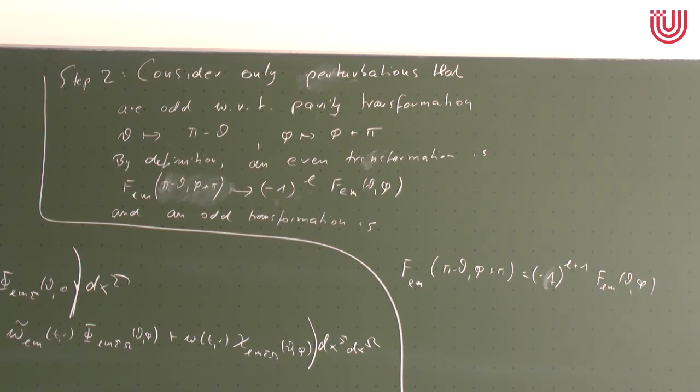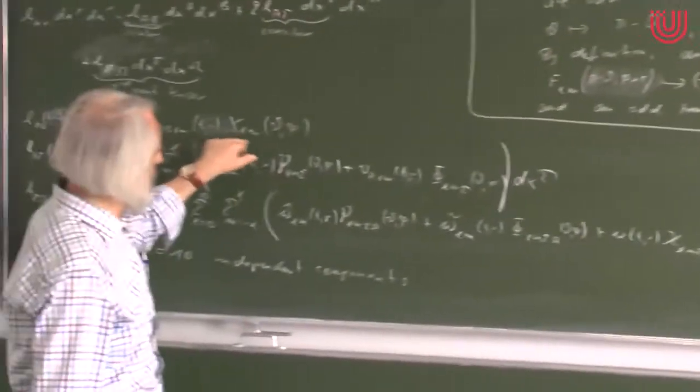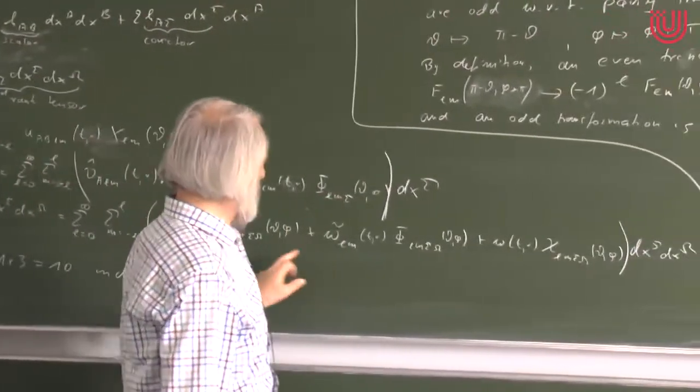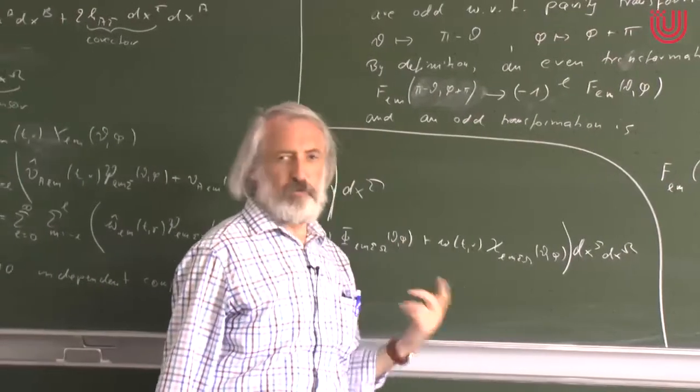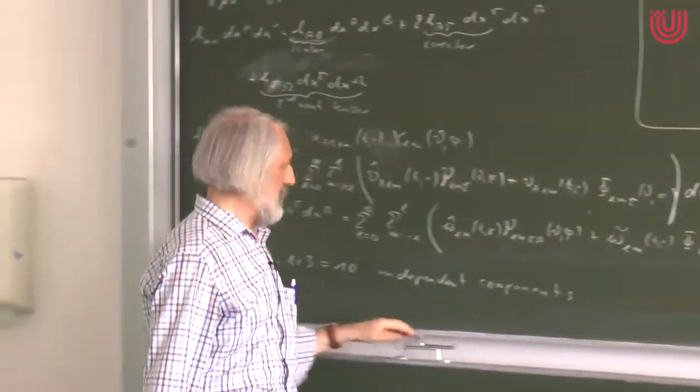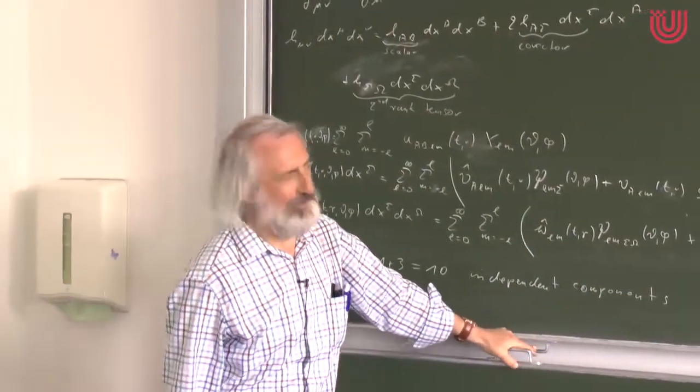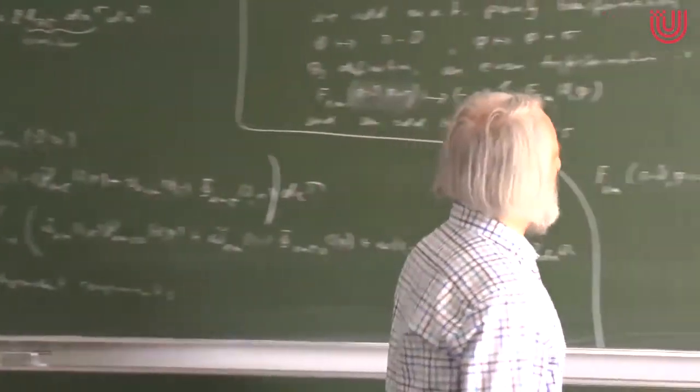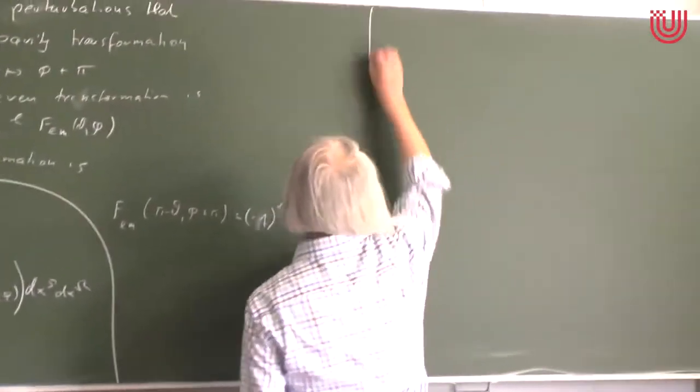And now we have to check for all of our basis vector fields, for this, for this, for this, for this, for this, for this: are they even or are they odd? And I will not do this on the board. I will do it just for one, but I will write the result on